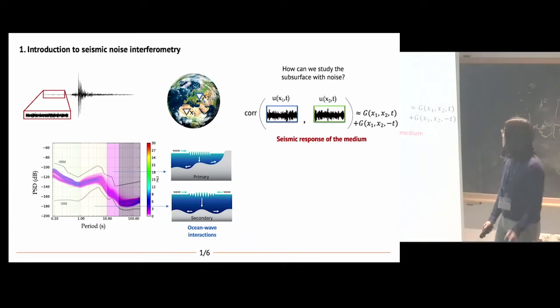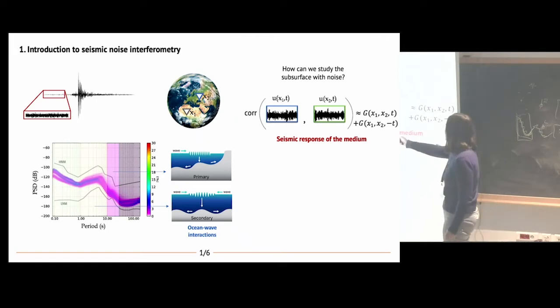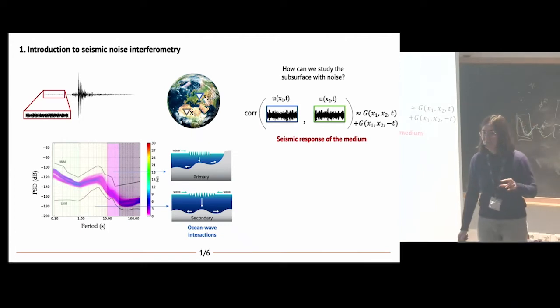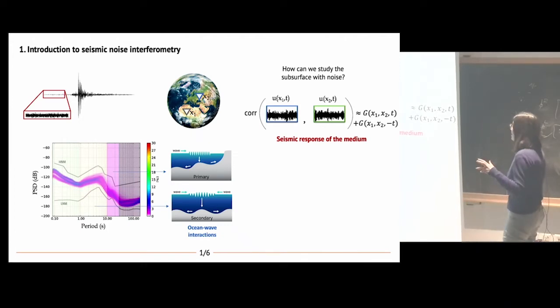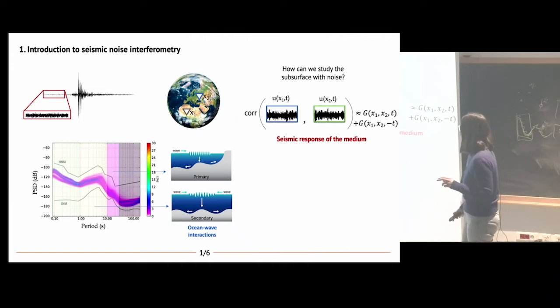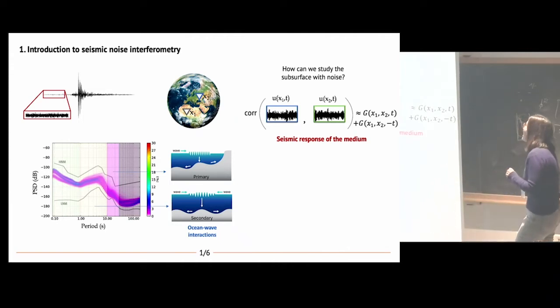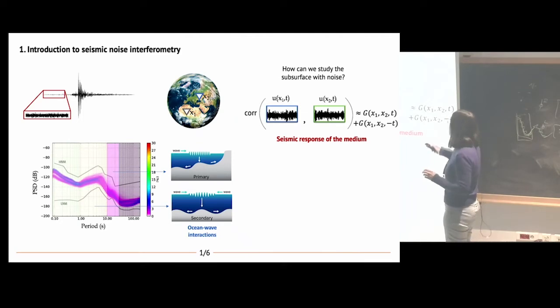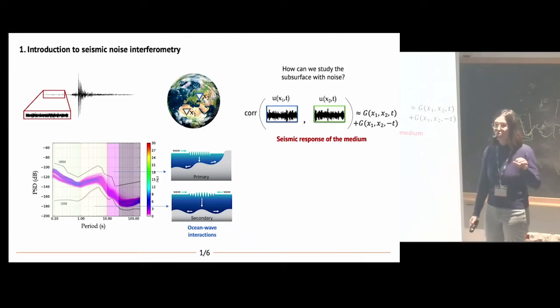As we have seen, just correlating the two seismic noise recordings, we can have an estimation or an approximation of the Green's function of the medium. This Green's function in mathematics is very useful because we can solve very easily, not for everybody, not for me, ordinary differential equations. And in seismology, we can understand this Green's function as the seismic response of the medium to impulse